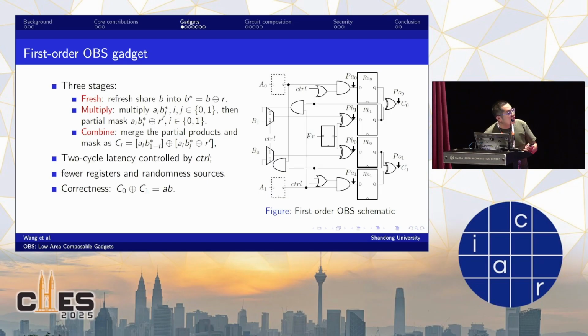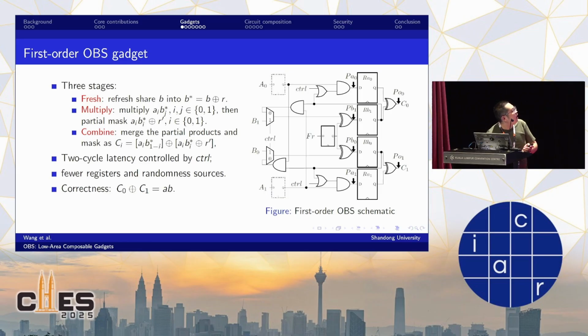The first stage is to refresh the input signal B and restore it into the RB registers. And in the next cycle, we multiply all the shares together, do the masking,